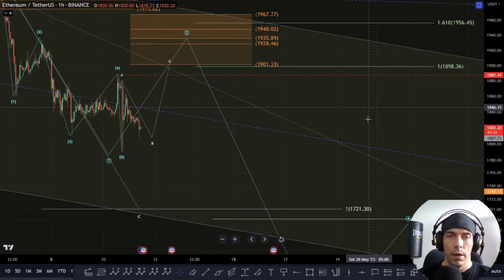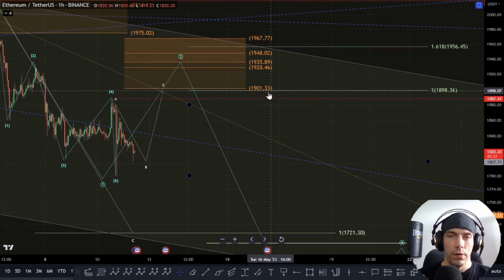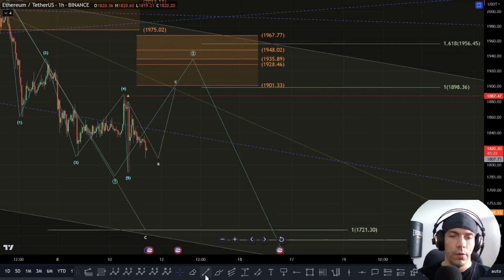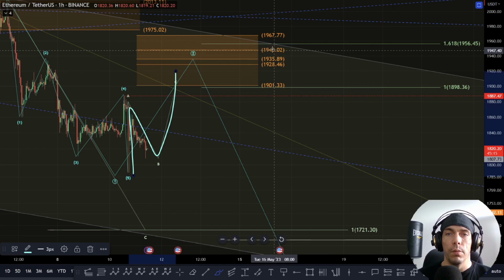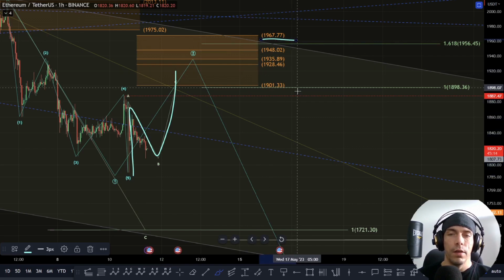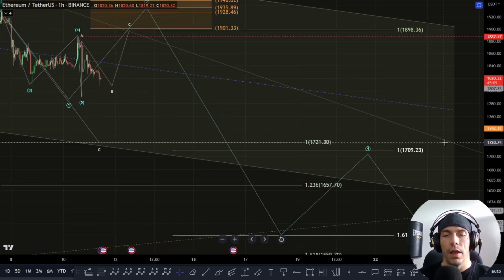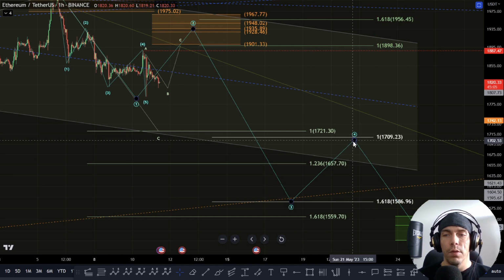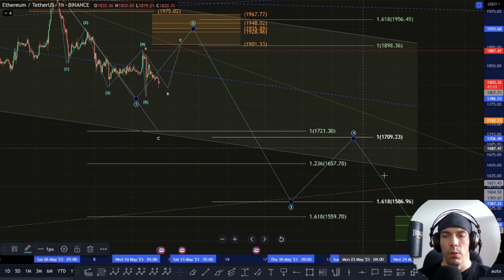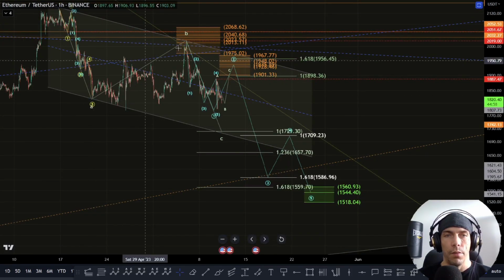Now, the key thing here as a wave 2 would be this rejection area here, this 1967 to this 1901. If we just see a 3-wave move to the upside, which actually looks to break this 1887, but fails to take this 1967 to this 1901, we could actually see further continuation down in a third wave. That third wave target would be this 1586, and then we'd be looking for that potential that we have a fourth and a fifth. Now, this would tie into that idea of having this as a bigger 5-wave move